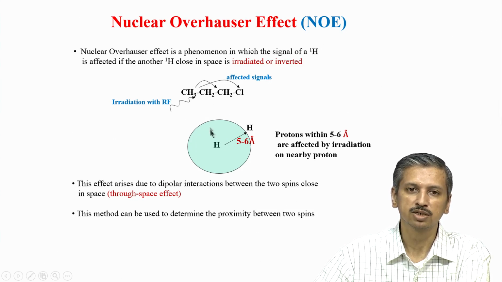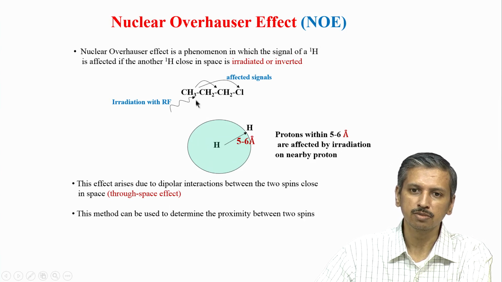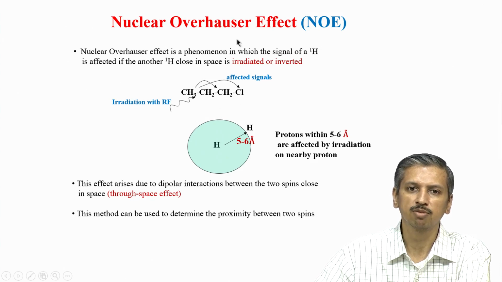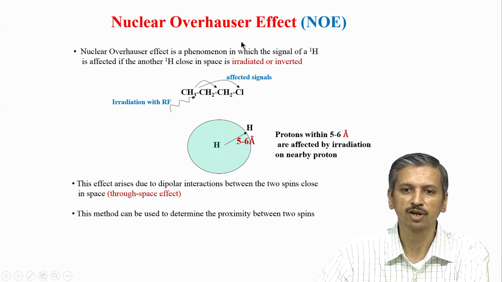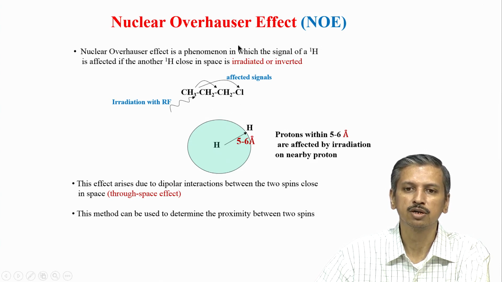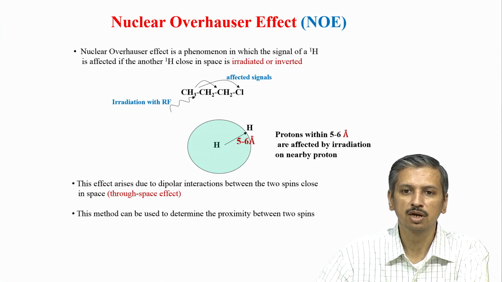But imagine now a very complicated molecule like a protein or a nucleic acid or any other complicated system, where there are not 3 atoms, but hundreds of atoms. Imagine that for the time being. If I have hundreds or thousands of hydrogens, one hydrogen may come close to hydrogen number 67 or 150 or 360. Now, that interaction will never happen through bond, because at 300 bonds away a proton obviously cannot have any J coupling, but it may come close in space like this.